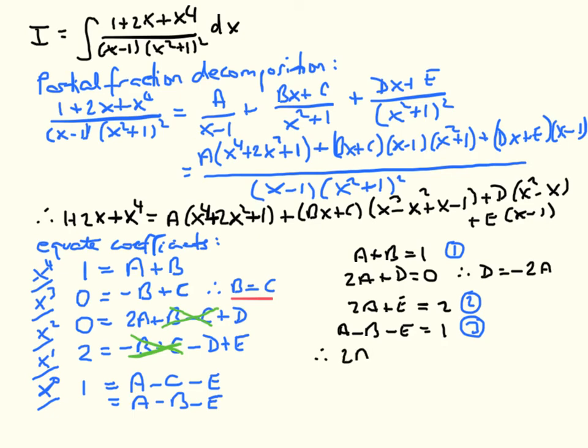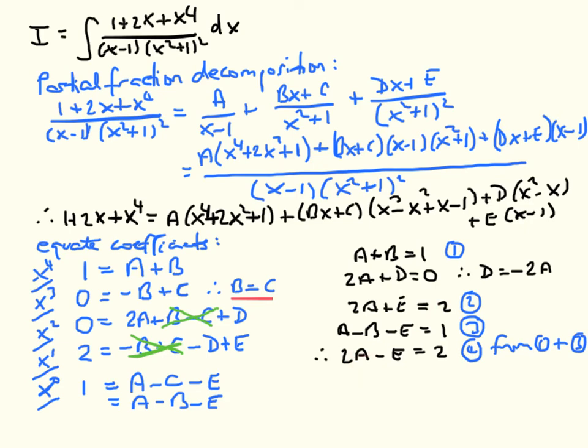So adding 1 and 3 is going to give us 2a, the b's cancel, and we have minus e, and this is going to be equal to 1 plus 1, so that's going to be equal to 2. And this is equation 4 from 1 plus 3. So now if we compare equation 4 and equation 2, we see here we have 2a plus e is 2,